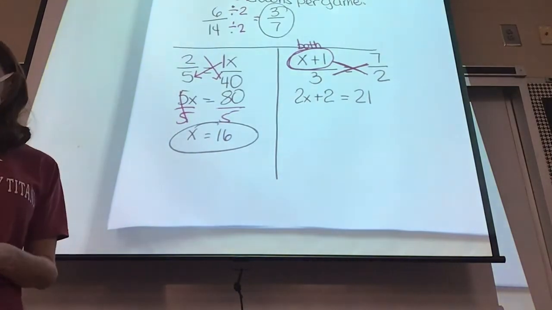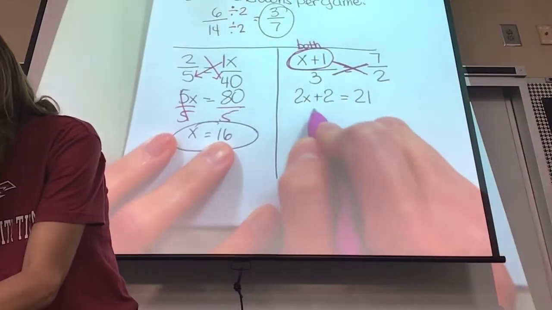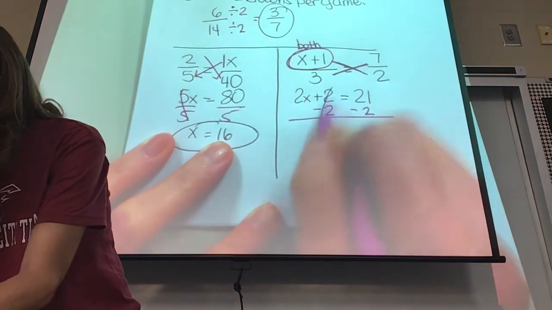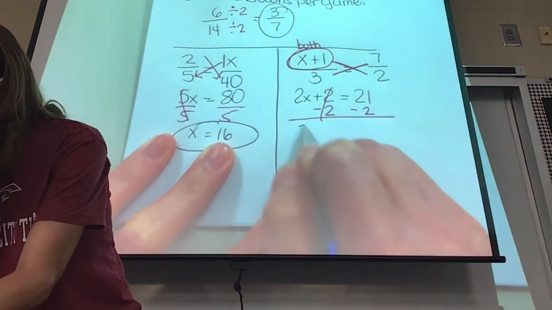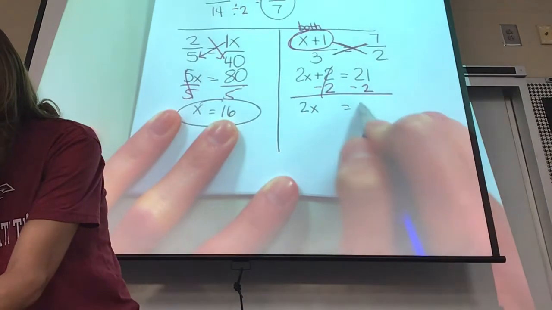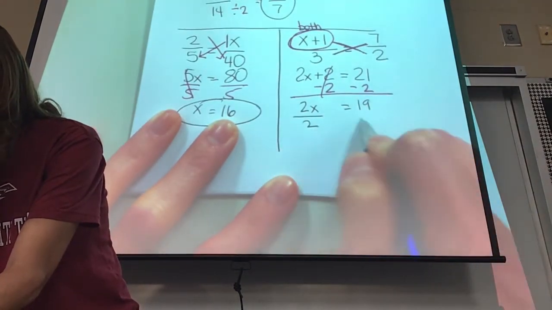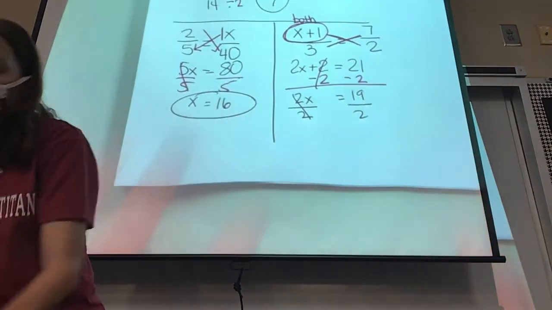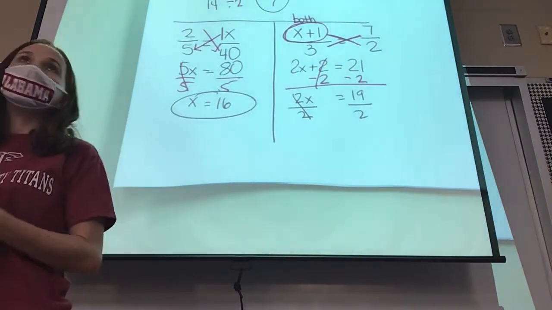So now solve it. So subtract 2. So now we have 2x equals 19. So when we divide by 2, if they don't tell you, then